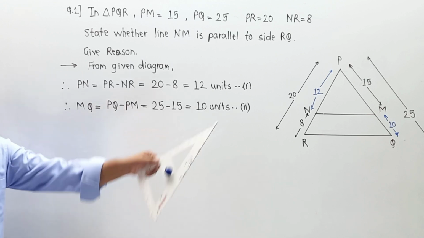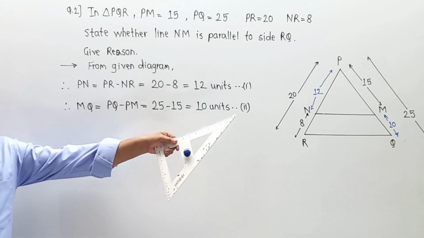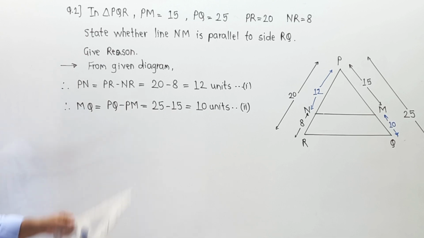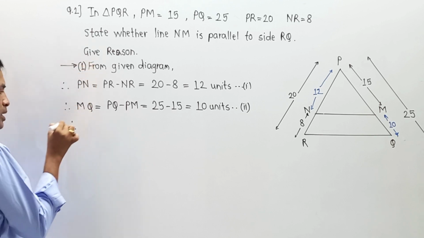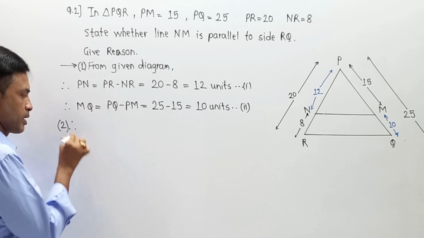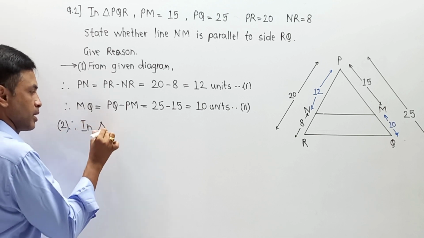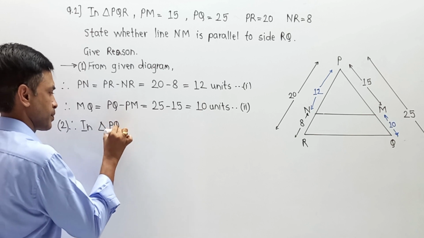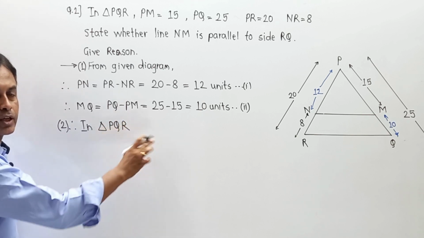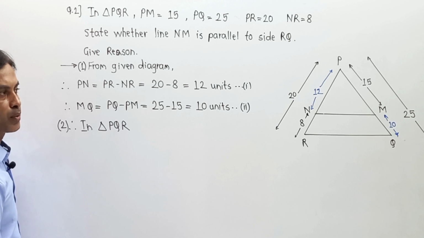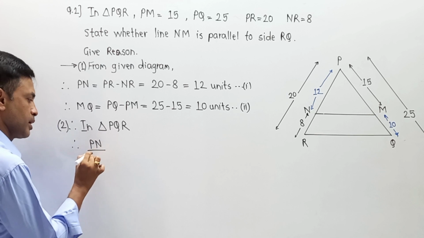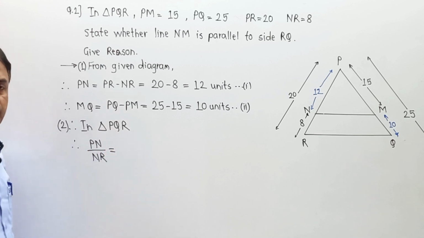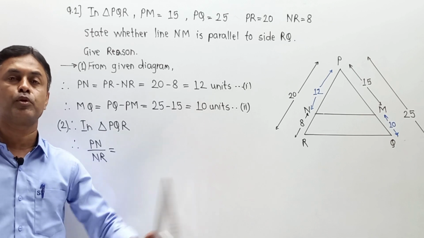Now this unknown value that we have calculated directly in the diagram, we have represented it as well. Now for triangle PQR, I am going to give this part as group 1 and here group 2. Therefore in triangle PQR, you can write PQR or PRQ, depending upon your part. I am taking the first ratio PN upon NR, PN upon NR. Student, whenever this part is explained, you draw a rough diagram in your notebook